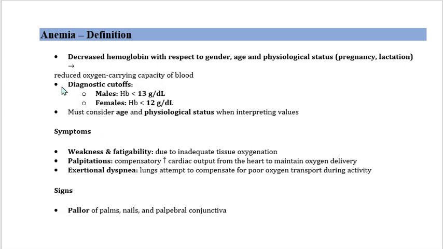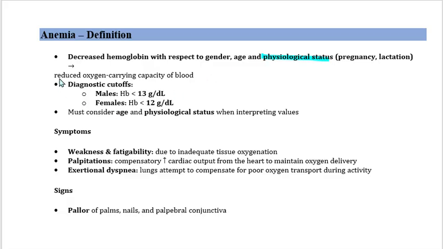So this is a brief and rapid revision. Anemia. What is anemia? Decreased hemoglobin with respect to gender, age, and physiological status. For example, in pregnancy and lactation, there can be decreased hemoglobin, but still we do not label it